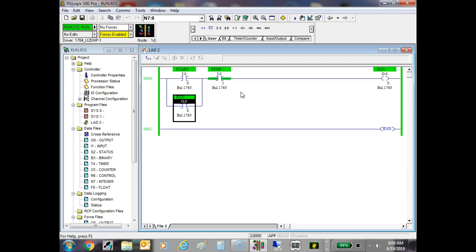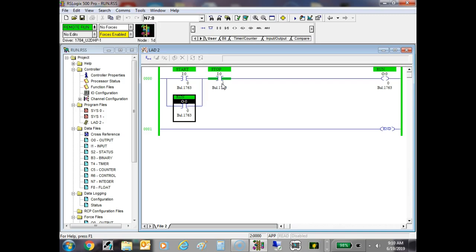The stop is examine if closed. No, this is an examine if closed instruction. Yeah, that's what I'm talking about. The stop should be. Now you have to understand it's the application, and I didn't say always. I said what? Normally. When you push it, it stops the circuit because it makes it. Well, technically,